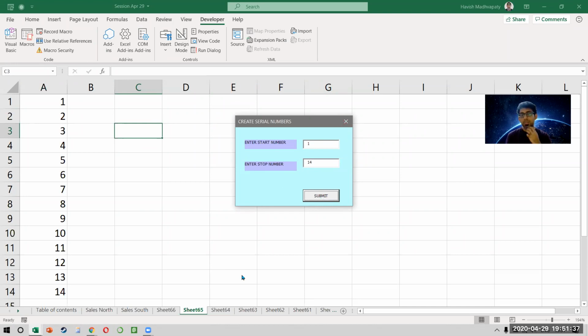Fair enough. But there's a problem. The problem is that when the numbers are coming, it is not deleting the older ones. First problem. The second problem is when the numbers are there, the box doesn't close on its own, which I want to happen. And the third problem is that when the user form is open, I can't select anything on my sheet, which is very irritating, right? So let's fix all of these things.